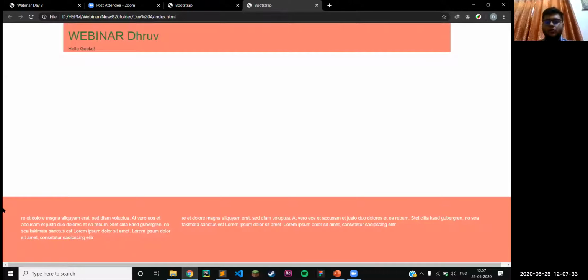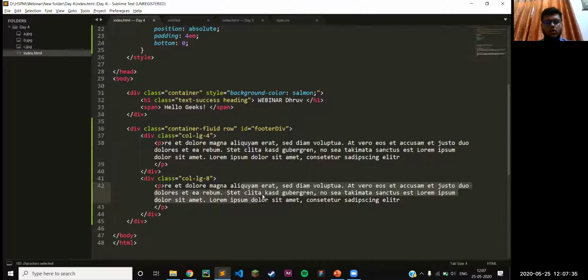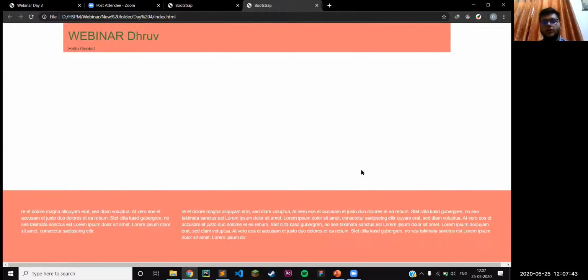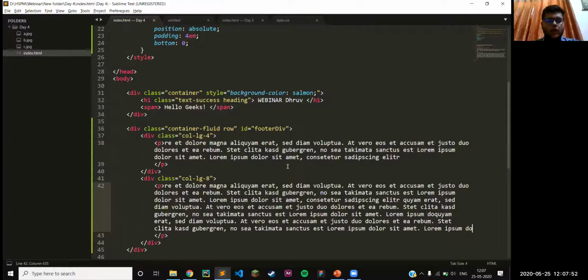Okay, so I think the difference is not obvious right now. So let's put some more text and some more text, and we'll refresh this, and you can see that this is how it appears. So now what I had to show you was that we have used col-lg-8 here and col-lg-4 here.